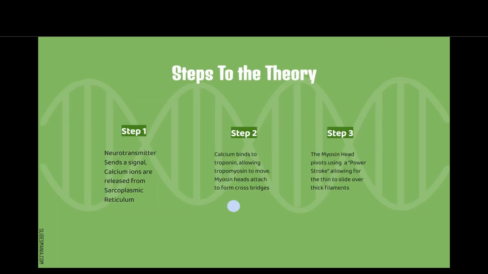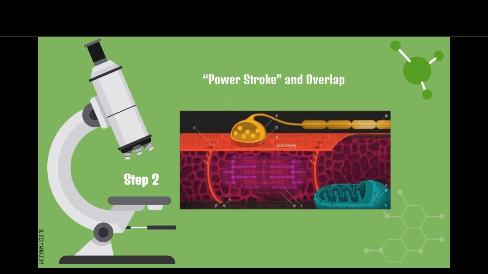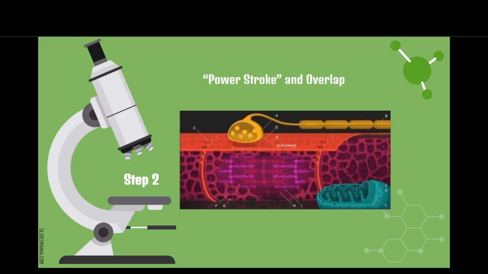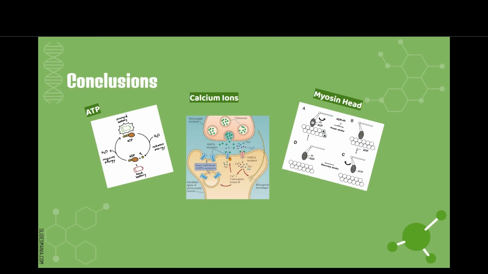After the cross bridges are formed, the release of ATP allows for the myosin heads to pivot, bending and pulling the actin filaments with it. This causes the overlap of actin over myosin and the contraction of the skeletal muscle. During the contraction, many byproducts are